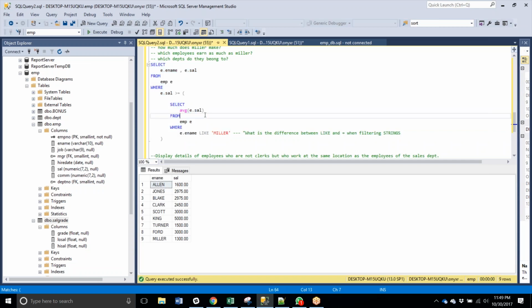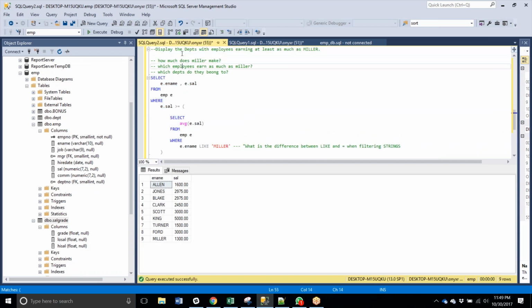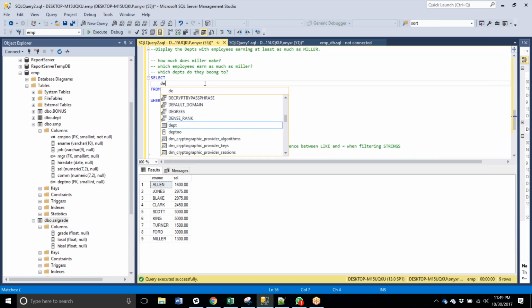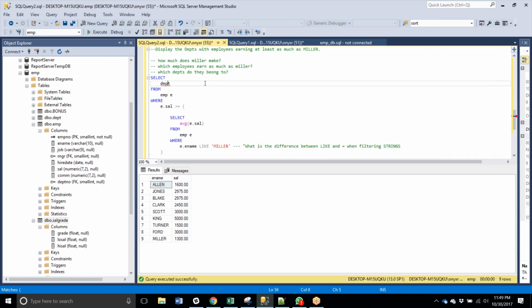Okay, so we're almost there. The last question was, which departments have employees that earn more than Miller? So I guess what we should do is just replace this with department. Piece of cake. Except, oh wait,